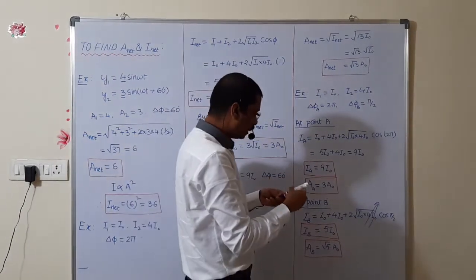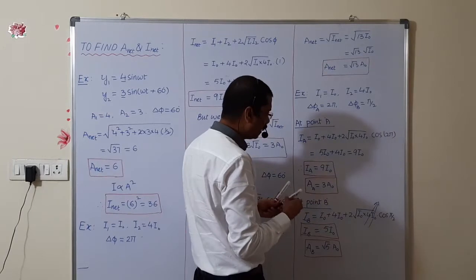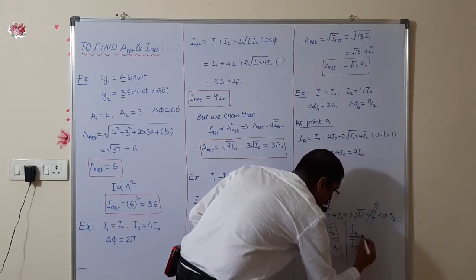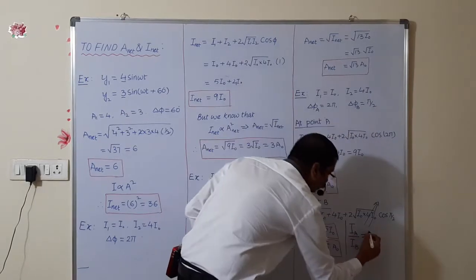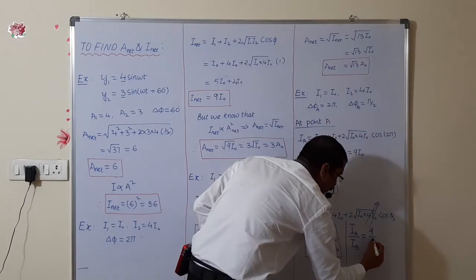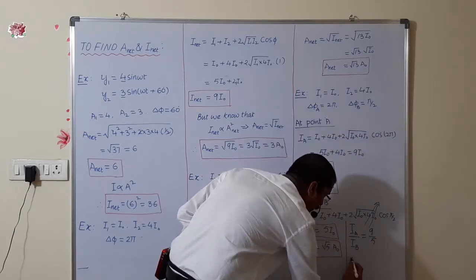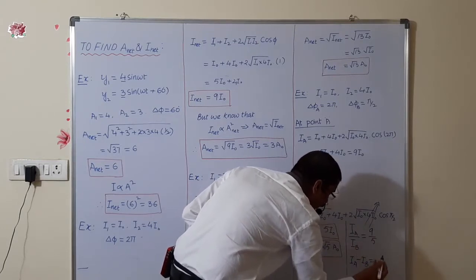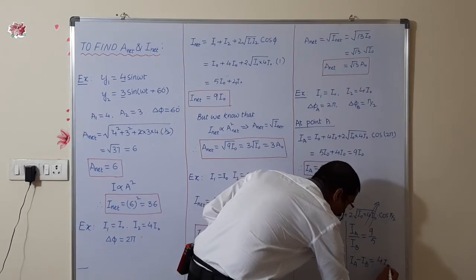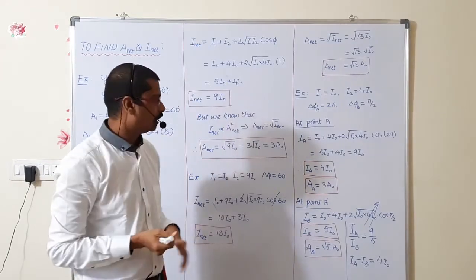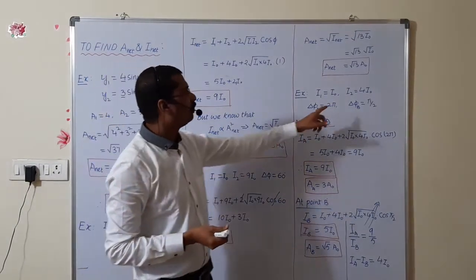In this case, first of all, if I find the ratio, what is the ratio? Intensity at point A upon intensity at point B is 9 I naught by 5 I naught, means 9 by 5. If I take the difference A minus B, it is nothing but 9 minus 5, it is 4 I naught. We can find the ratio and the difference also. These are the questions based on the phase difference.